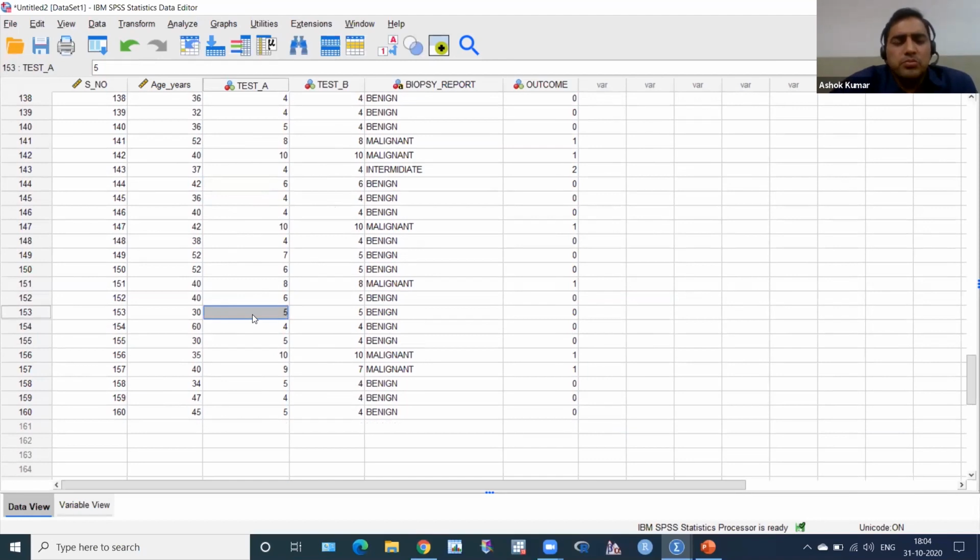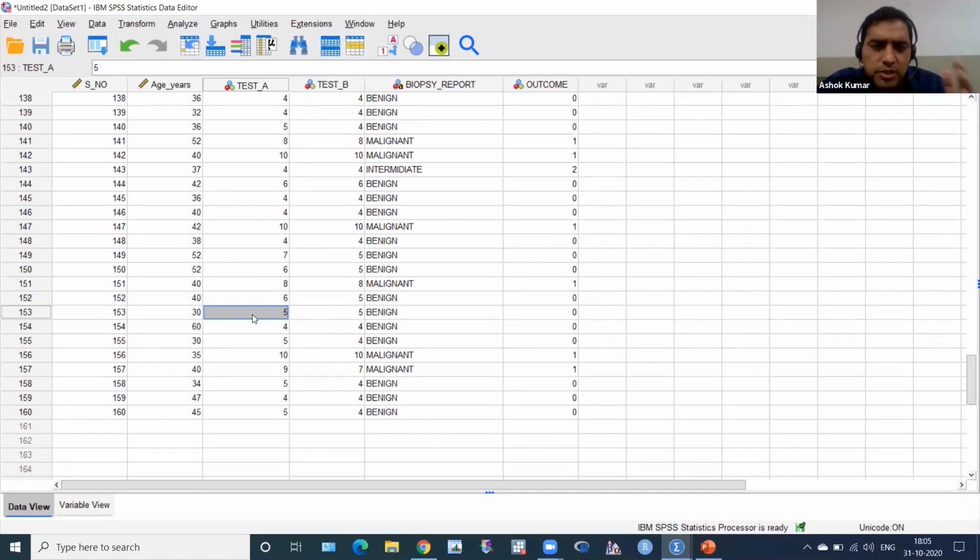For example, RBS, random blood sugar. We perform it on a cohort of subjects. There are values like 100, 150, 121, 101, and some patients may be diabetic or not diabetic.